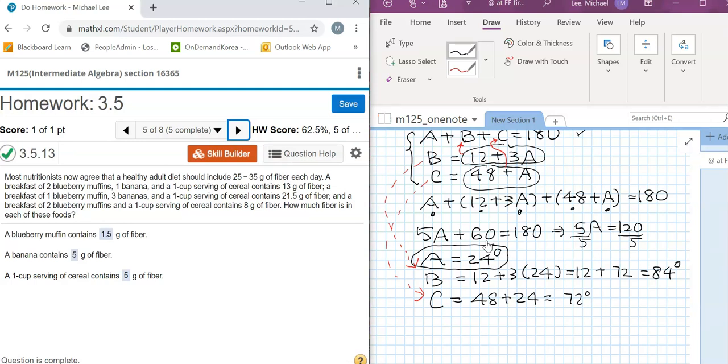Most nutritionists now agree that a healthy adult should include 25 to 35 grams of fiber each day. A breakfast of 2 blueberry muffins, 1 banana, 1 cup serving of cereal contains 17 grams of fiber. A breakfast of 1 blueberry muffin, 3 bananas, 1 cup of cereal contains 21.5, and 2 blueberry muffins and 1 cereal contains 8 grams of fiber. How much fiber is in each of these foods? Now, so again,